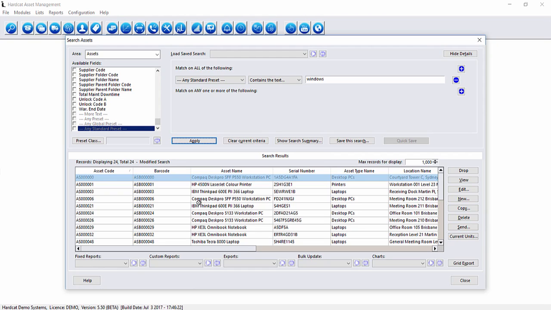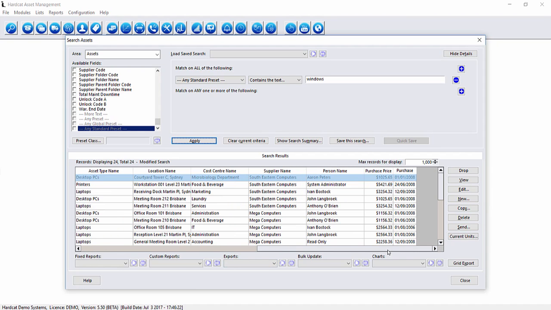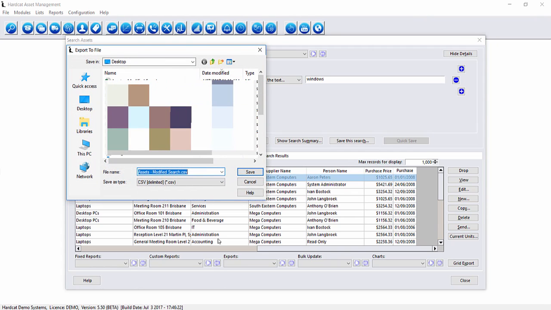Now that I have this information, I can create a custom report, I can complete an export, create a chart on this information, or simply I could export this data out to Excel using my grid export, which will give me an Excel file which contains the 24 records plus the columns of data as seen on our grid screen. And to do this, it's as simple as clicking Grid Export, saving it to our desktop,